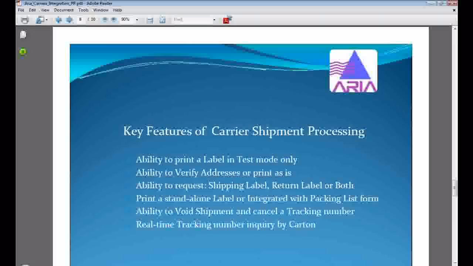The key features here are the ability to print a label in test mode only. If you don't want a real billable label, you can print a test mode label just to see how the label fits on your printer and to make sure the label format is correct and so on before you print the real label. There is the ability to choose to verify the address before printing the label, and this verification of